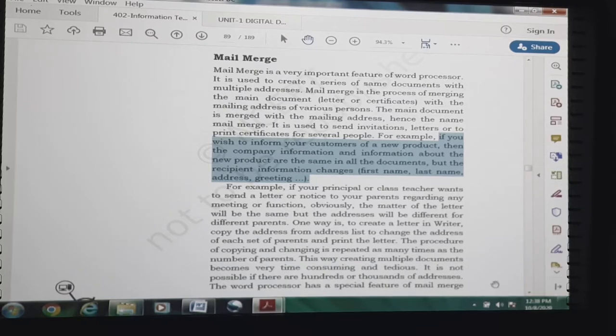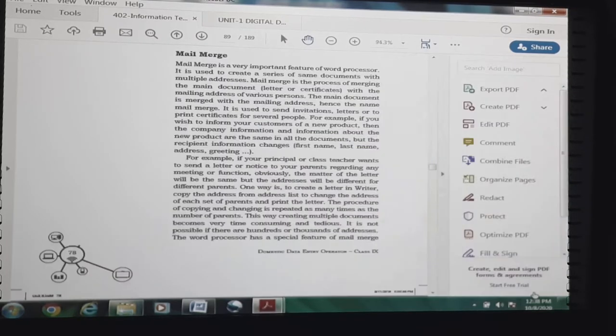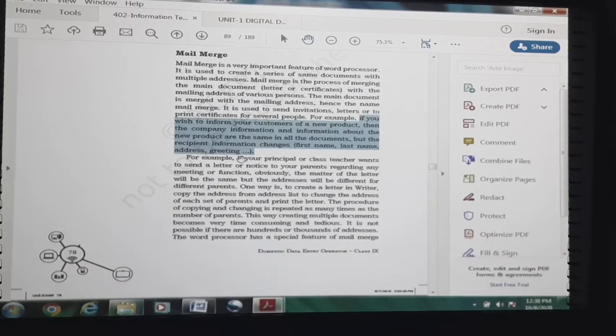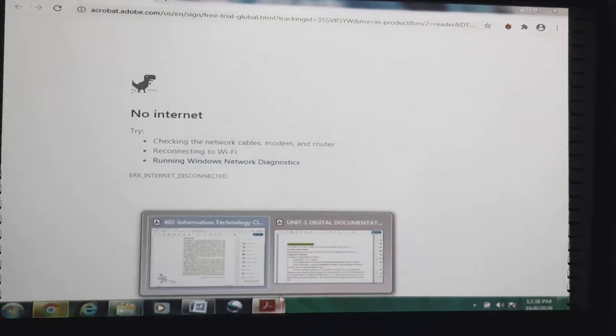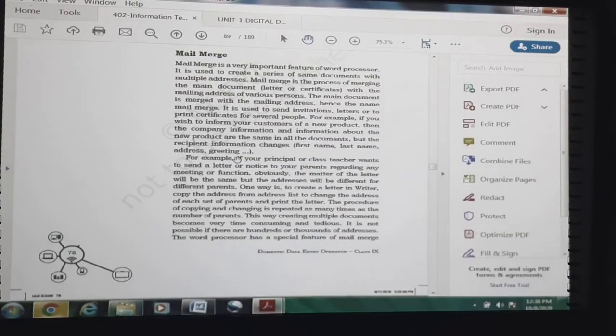Similarly, one example has been cited here, that is, if the principal or class teacher wants to send a letter or notice to your parents regarding any meeting or function, as I said earlier, if any meeting or function is going to be organized in the school, and our principal sir or class teacher wants to send an invitation letter to all the parents, this can also be done using a mail merge application.